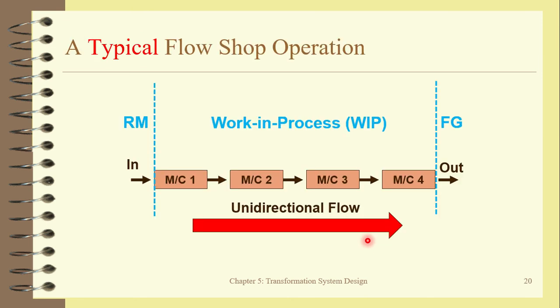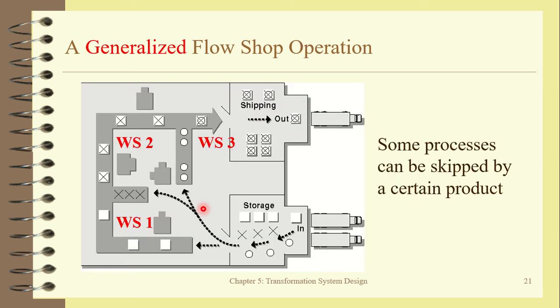This is the picture that I have already mentioned about the typical flowchart, right? We have another kind of flowchart. We call it a generalized flowchart. It means that some of the processes could be skipped by a certain product. For the typical flowchart,